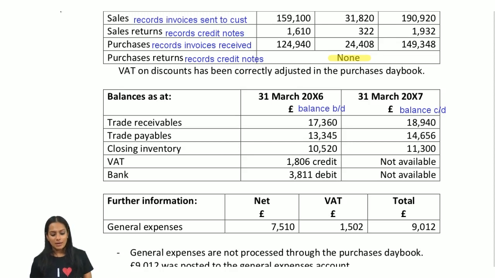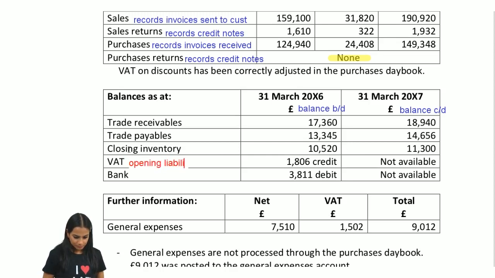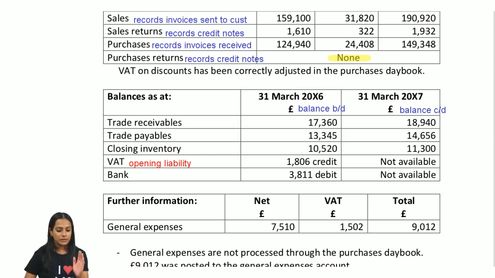With the VAT amount, this could represent the amounts that you owe HMRC and the amounts that you can claim back as a refund. The VAT account will either be a credit balance or a debit balance. A credit balance means that you have an opening liability. Okay, so I can type that in there. This represents an opening liability. So at the start of the period, you owe HMRC